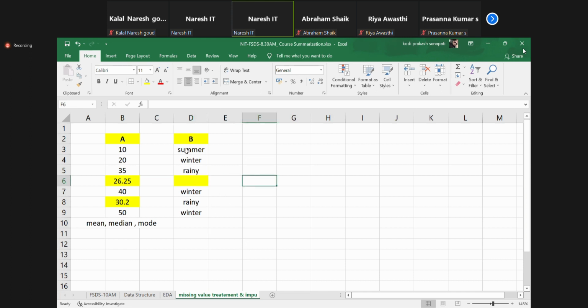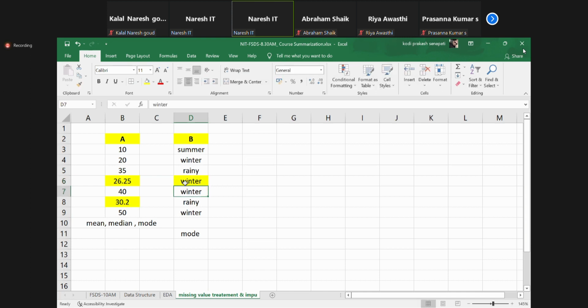I wanted to say, in the data set, if categorical variables are missing, what strategy do we need to implement, guys? We need to implement the mode strategy. What strategy? Not mean, not median, only the mode strategy. What is it filled with, guys? What is the answer now? Winter, because what is meant by mode? The number of repetitions of items in the data. So can I fill it with winter or not?